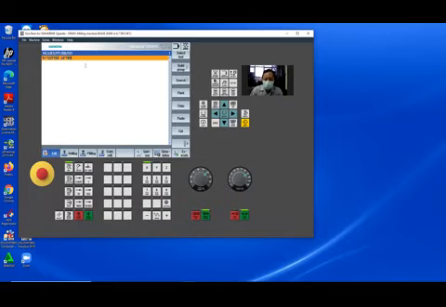M6 means change the tool. M6 or M06, same meaning. After this, write G54, G90, and then enter.